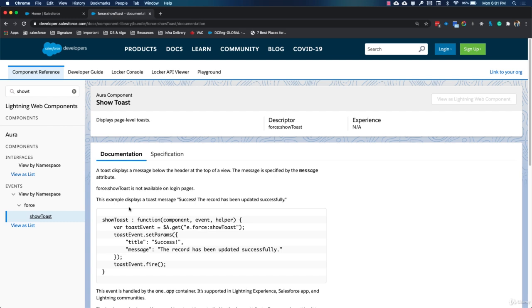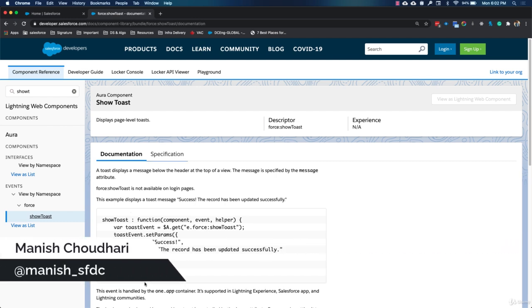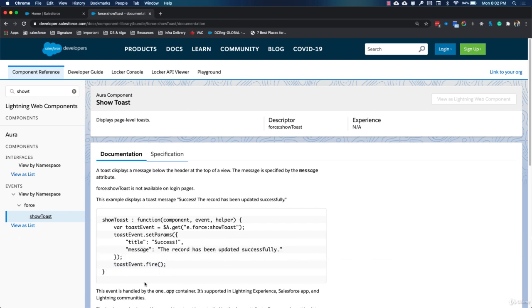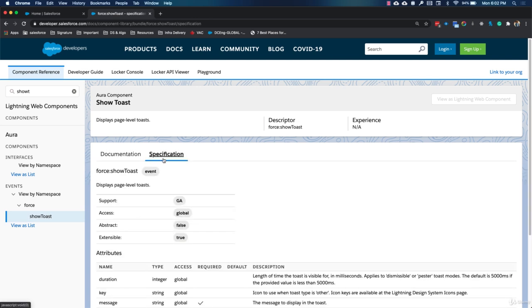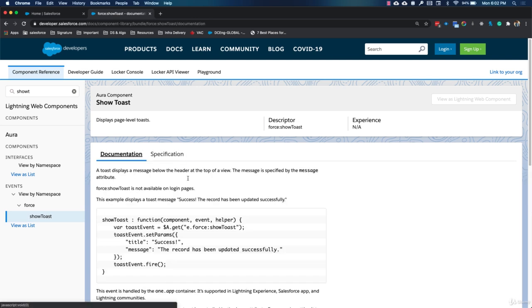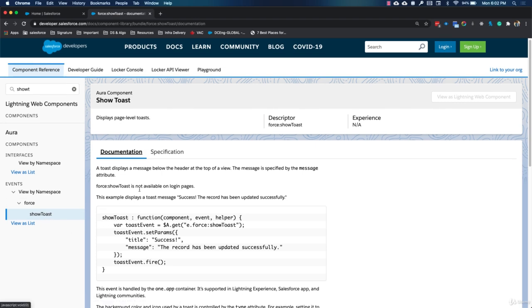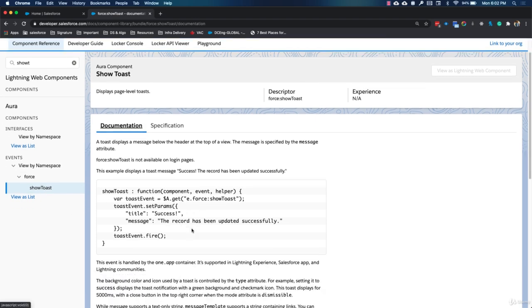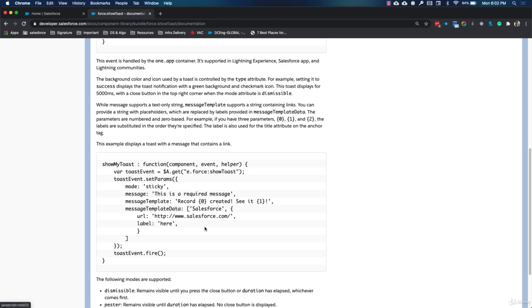I hope by now you know the importance of this component library, because everything that we are doing so far, we are taking the reference from here only. We are simply copy pasting the code from here and developing our own components. So make sure that you bookmark this and you take the reference from here and you read this documentation and specification tab for the components that you are using. So here it says that we have a show toast event that we can use to show the toast notification